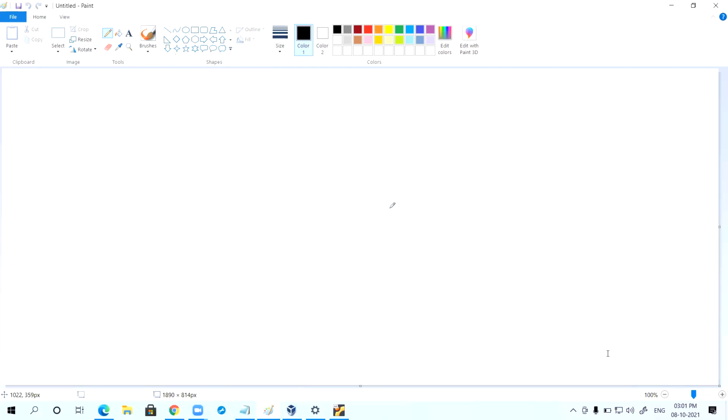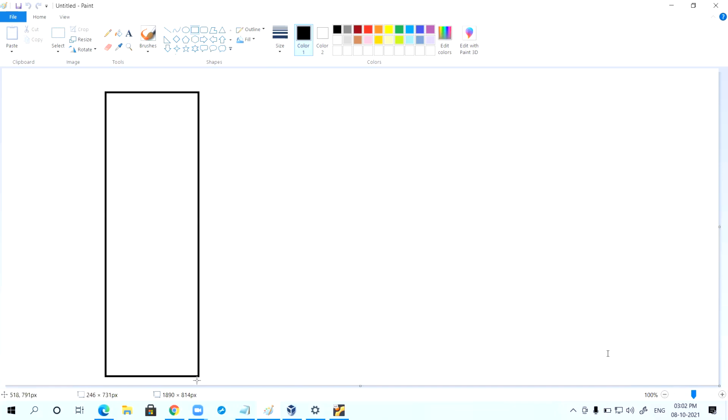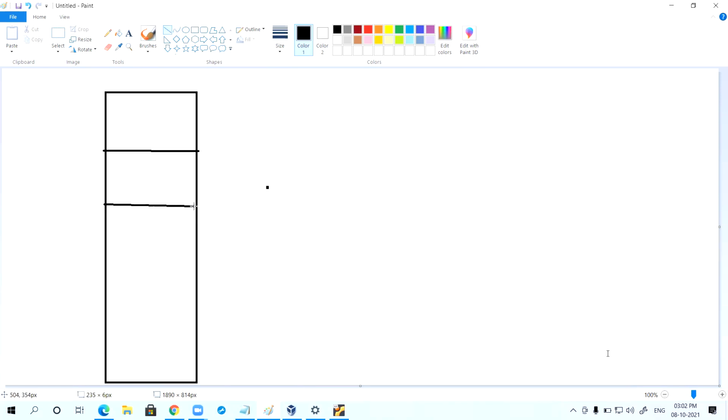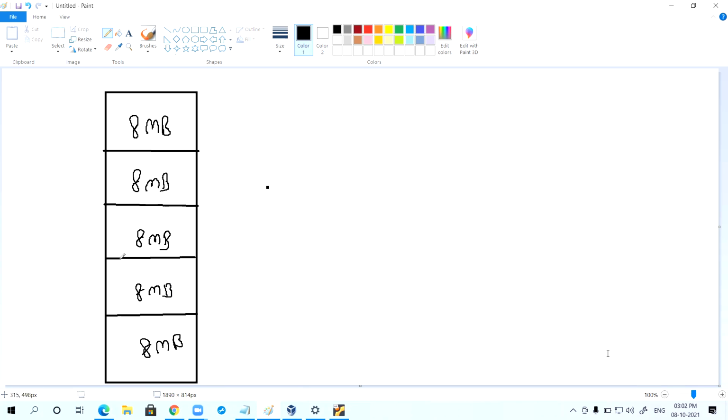In fixed equal size partitioning, very simple concept, the RAM is divided into fixed sizes and all the sizes are the same. Suppose each is 8 MB, and the next one is also 8 MB.